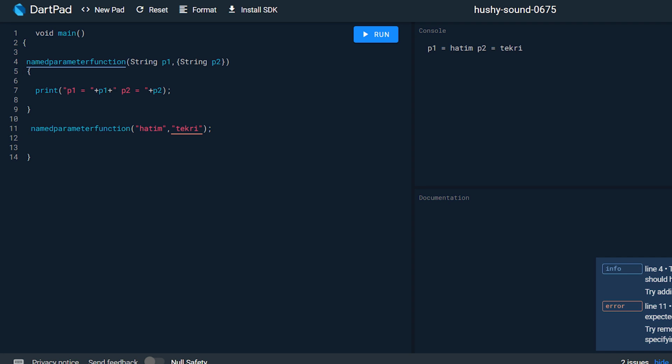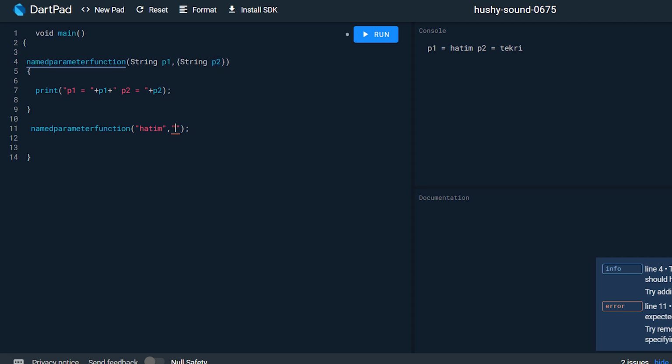In that case, we wrap the parameter inside square brackets. In this case, to create an optional named parameter, we wrap the parameter in curly braces. Now this p2 is the optional named parameter.